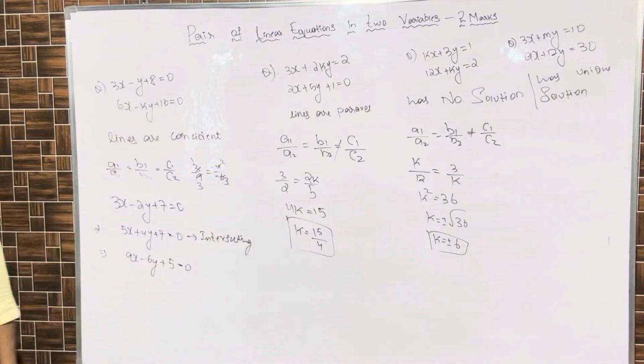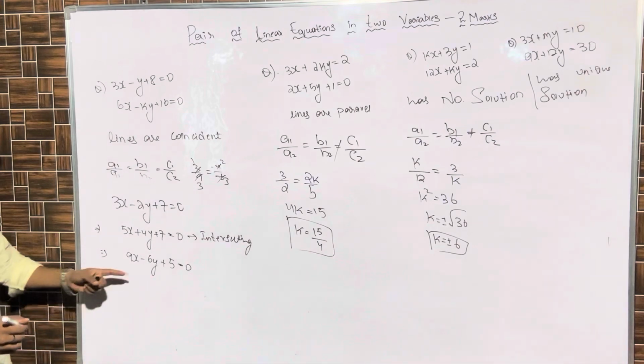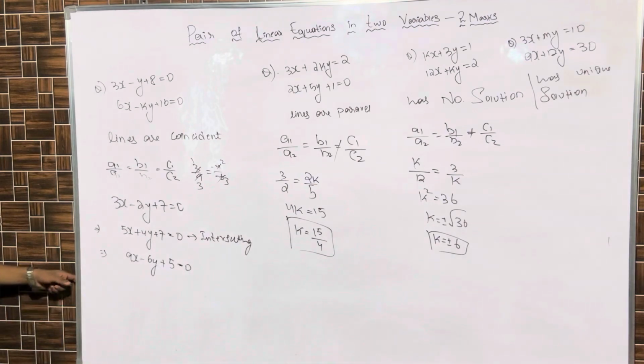Yes, again you have written an intersecting line. You have to write a line which is parallel. Ratio should be equal. Tell me, what is it? What changes should I make to this? Where? This one?